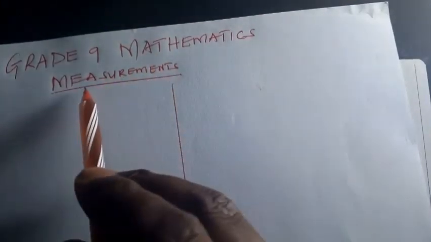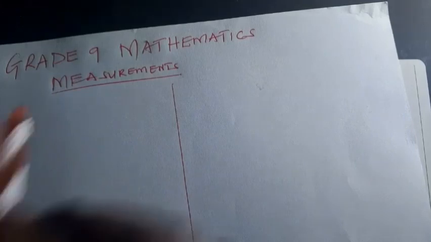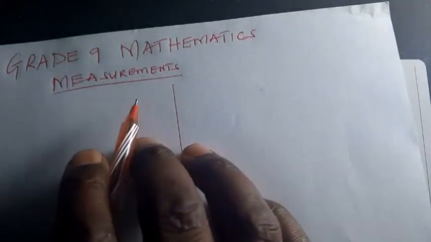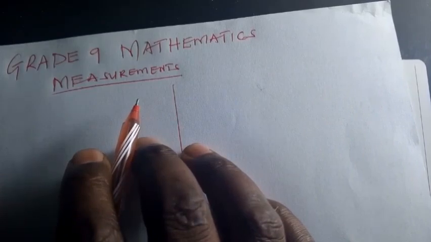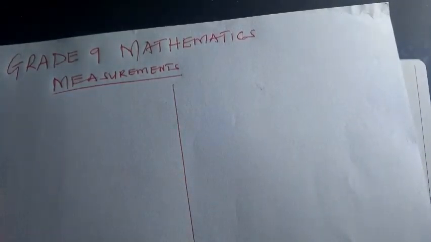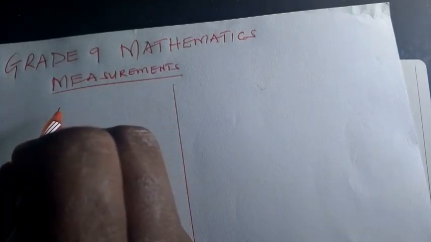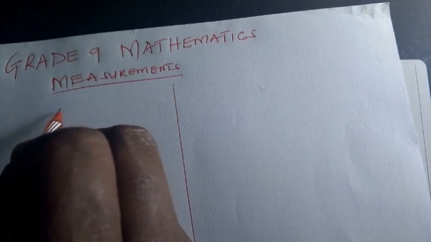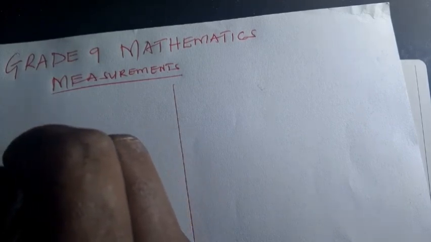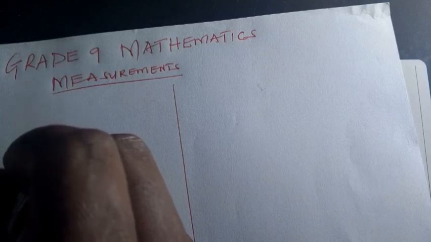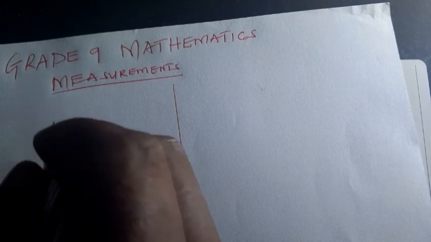Grade 9. The strand is measurement. So measurement deals with area of different shapes, where we have this strand. The substrands deal with the area of the pentagon and the hexagon, the area of the cone, sphere, triangular prisms, and others. So we will start by area